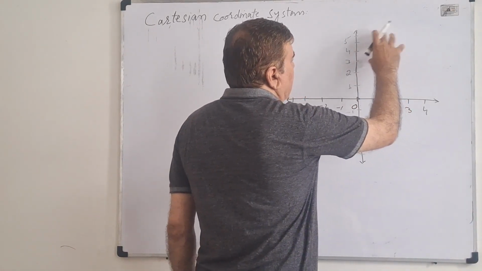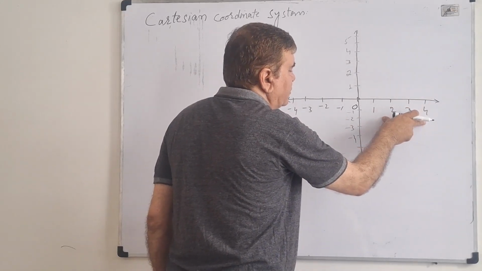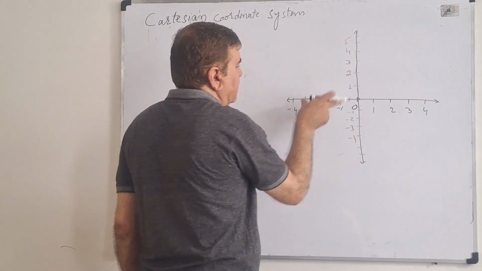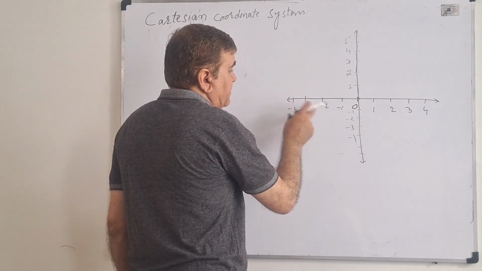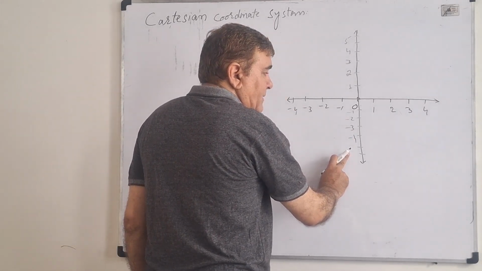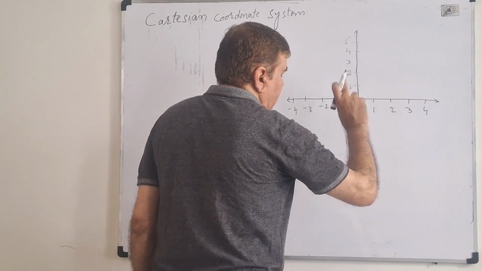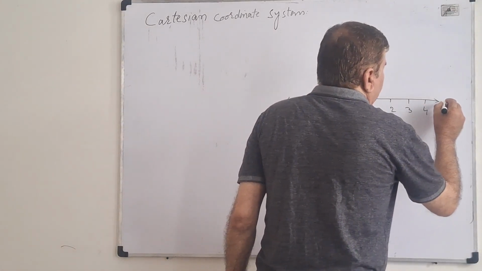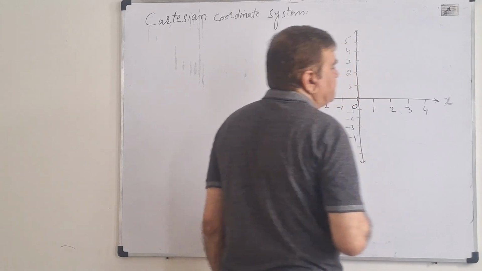This region lies between the positive values of vertical and the positive values of horizontal, this region lies between the positive values of vertical and the negative values of horizontal, then this region lies between the negative values of horizontal and the negative values of vertical, and this one lies between the positive values of horizontal and the negative values of vertical. In general, we call the horizontal real line the x-axis,